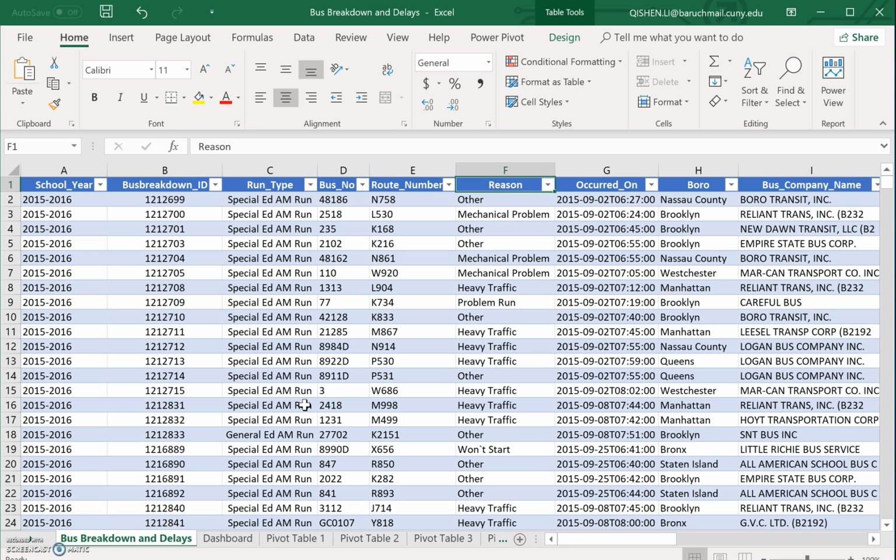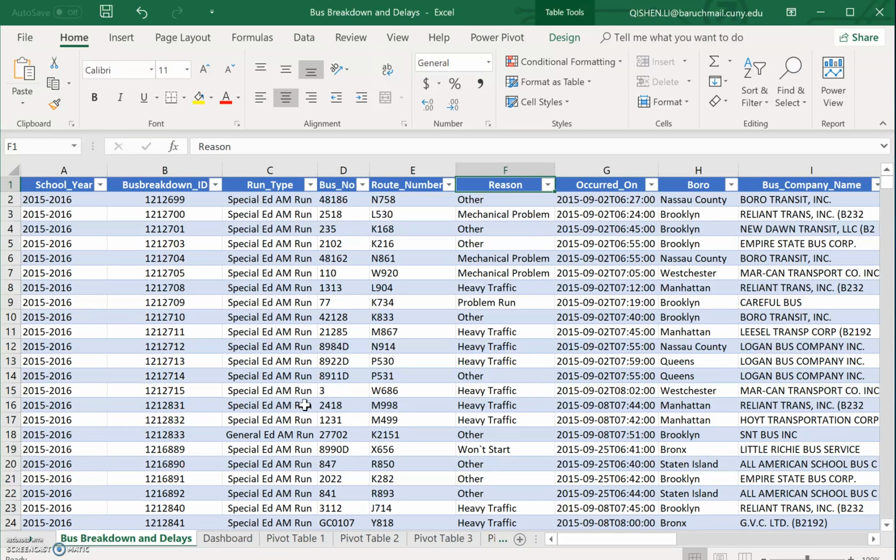The bus breakdown and delay system from the NYC Office of Pupil Transportation collects information from school bus vendors operating out in the field in real time. Bus staff that encounter delays during the route are instructed to inform parents who call with questions regarding bus service. The system is publicly accessible and contains real-time updates. All of the information in the system is entered by school bus vendor staff, which also ensures the accuracy of